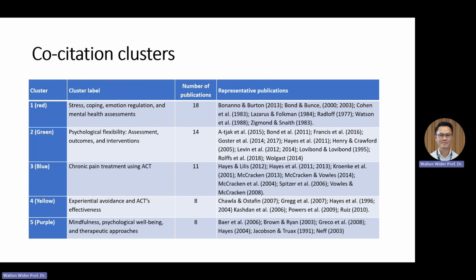And last but not least, the past trend. All these are the past trends, right? Cluster number 5 also contains 8 publications focusing on mindfulness, psychological well-being, and therapeutic approaches. It features the works by Baer on self-report assessment of mindfulness, Brown and Ryan's findings on benefits of mindfulness, Hayes,